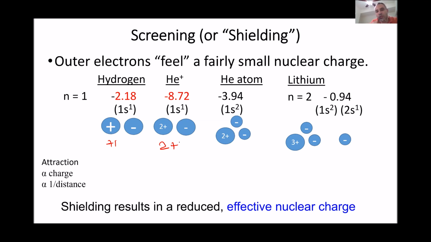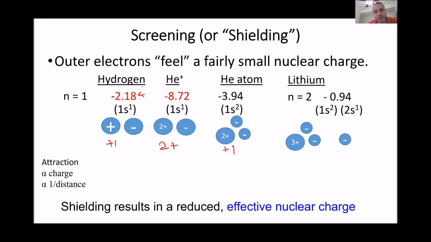If you go to a helium atom, where you now have 2 electrons, you can have 2 possibilities here. The first one is that each one of these electrons is feeling 1 plus charge from the 2 plus charges in the nucleus, and in this case it should have an energy that equals the hydrogen atom situation,